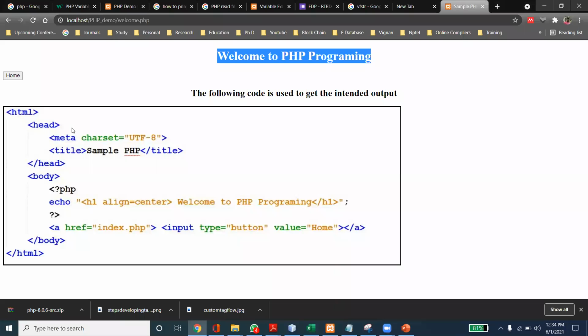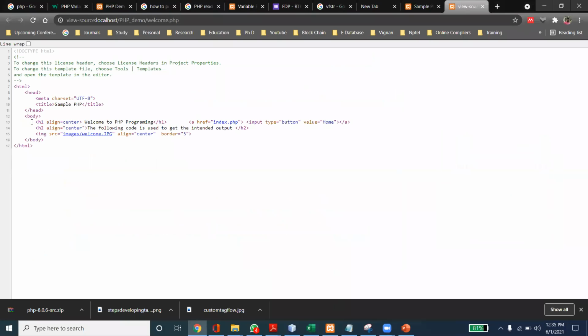Welcome to PHP program. To get this output, I'm using a PHP program. If you see the source code, the echo statement is automatically converted to HTML code.